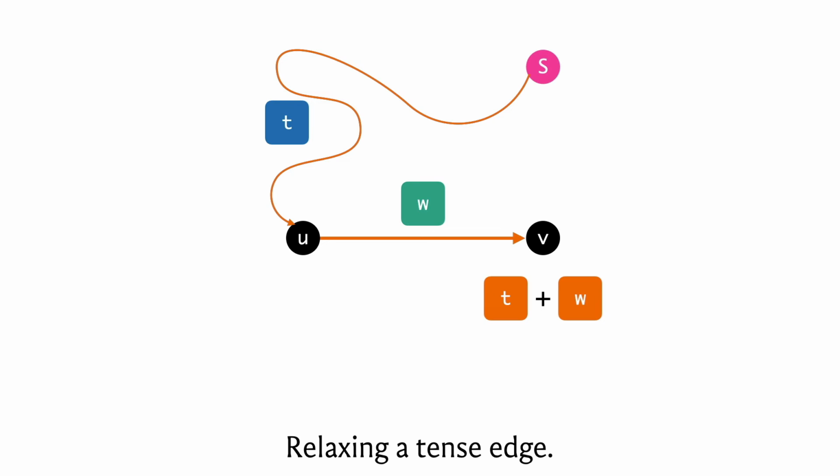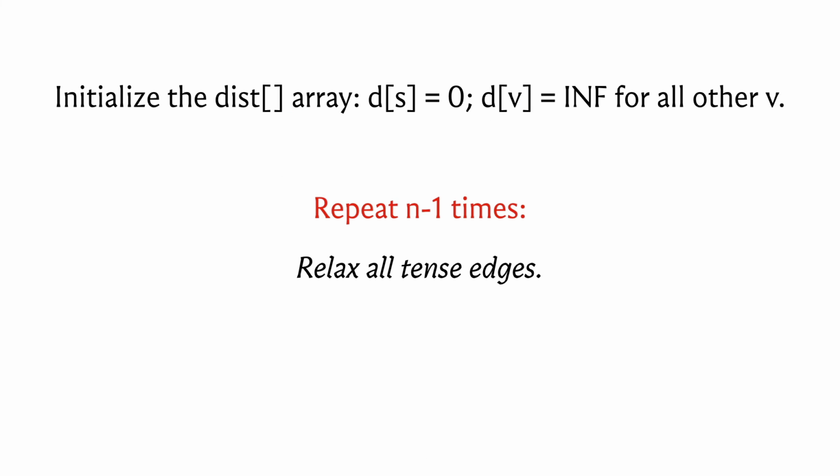Now, we have performed this kind of relaxation operation several times in the context of Dijkstra's algorithm. Now, let's take a look at how Bellman-Ford is going to perform these relaxations. It's really a very elegant and simple algorithm. What we are going to do is initialize our distance array as usual, and then what we are going